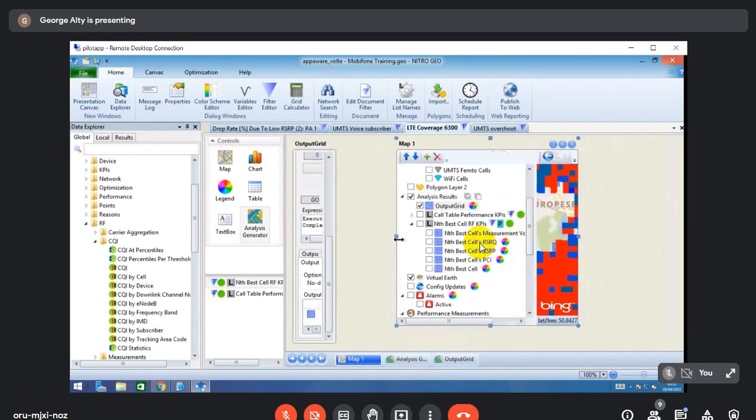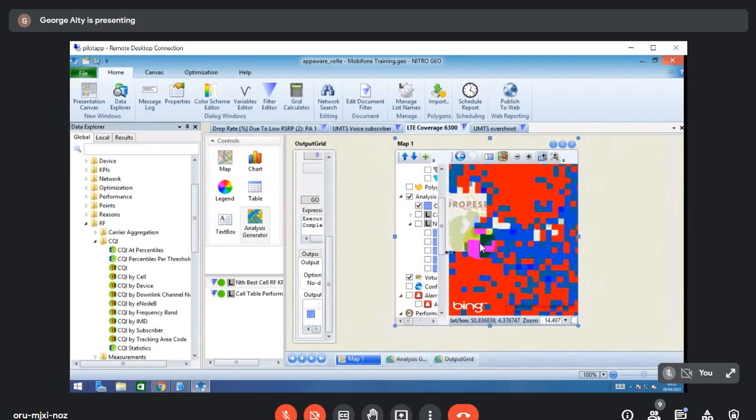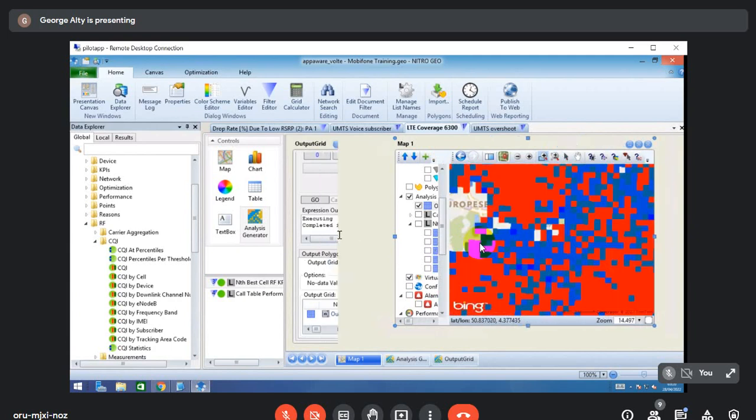I'll investigate this calculation because it's giving me some data here that I don't understand. So I'd have to have a deeper investigation into this output just to make sure that we've got the right expression in here. But you can see, like I say, you can see why I didn't start off with this analysis, because it's slightly more